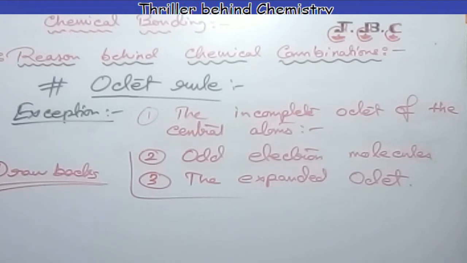And at last we discuss such drawbacks of octet theory which make the octet rule handicapped. So we know that the octet rule is based upon the chemical inertness of noble gases, but it can't explain why some noble gases like xenon and krypton also combine with oxygen and fluorine to form a number of different types of compounds, like XeF2, like KrF2, like XeOF2. The octet rule can't explain such drawbacks.